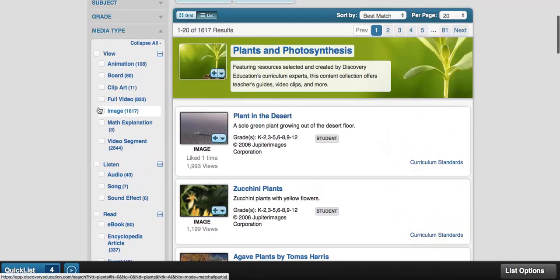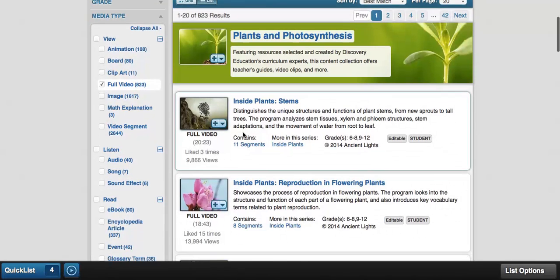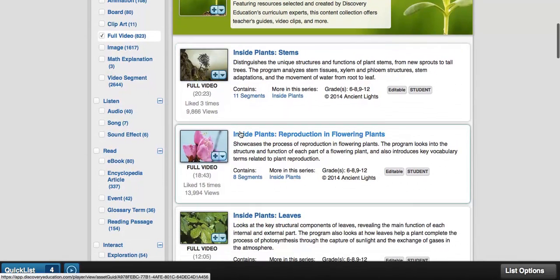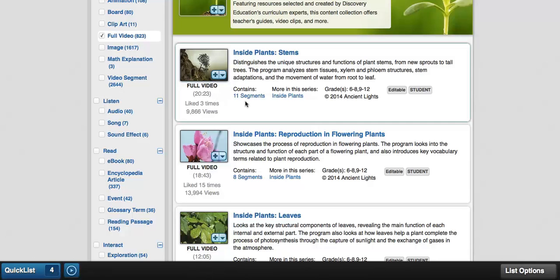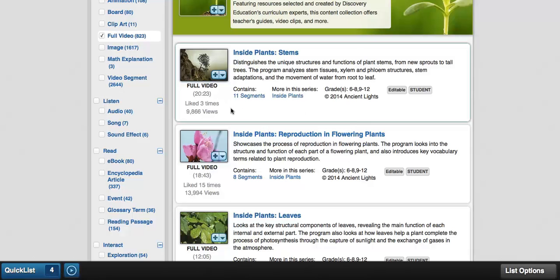If I don't want images and I actually am looking for the video resource, I can check and look for just video resources. Notice that each one tells me a couple things. It tells me if I can do something with it, if it's available as a student resource, more that's available in these series as well, and how many times it might have been viewed. Notice I have a plus symbol here, that if I want to add it down here to my quick list, I can hit the plus symbol, or the down arrow if I want to be able to add it to